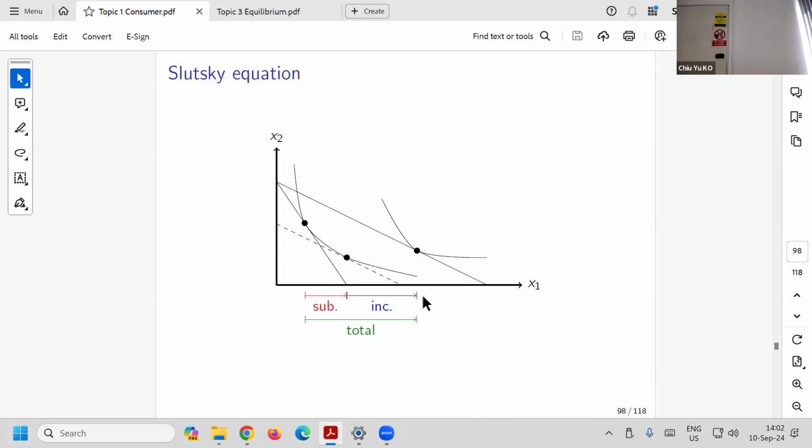Let me repeat this argument again, because if you haven't learned intermediate micro, this is something crazy. The question is, initially, the consumer chooses this point. Now good one becomes cheaper. What you observe is this point. It jumped from here to here. This is the effect we know, but we want to decompose it into two parts. The first part is